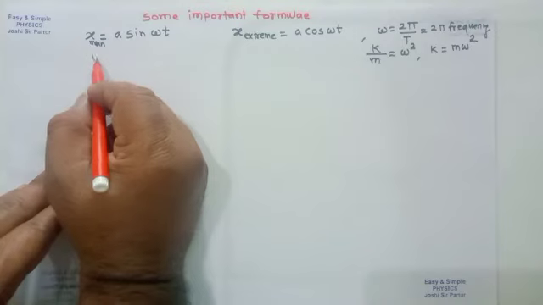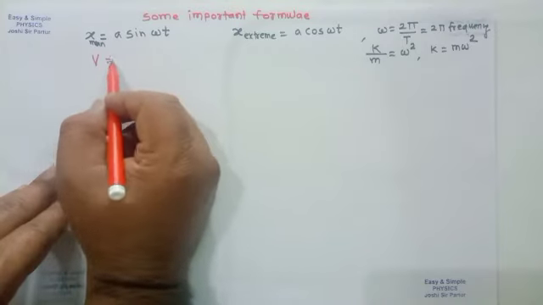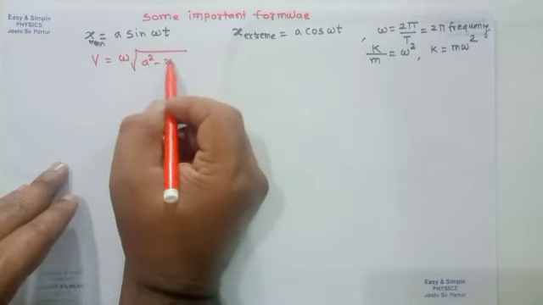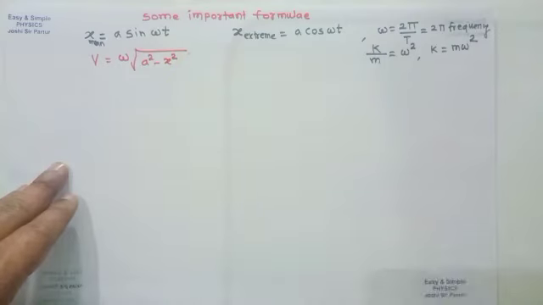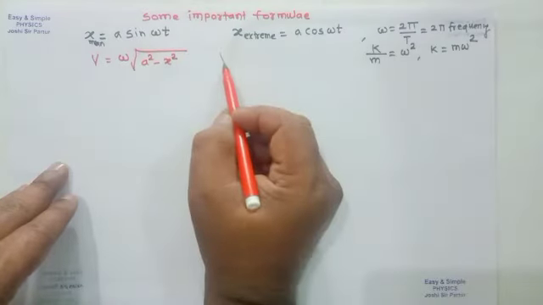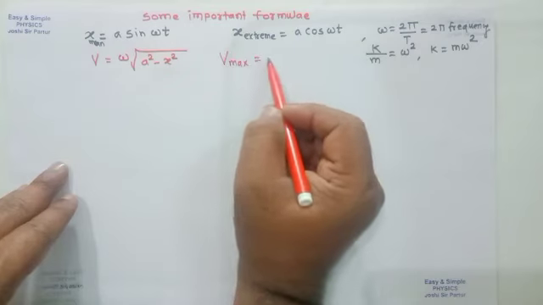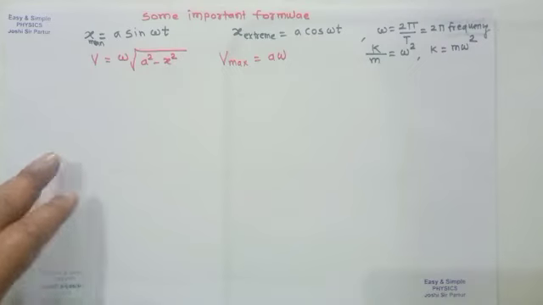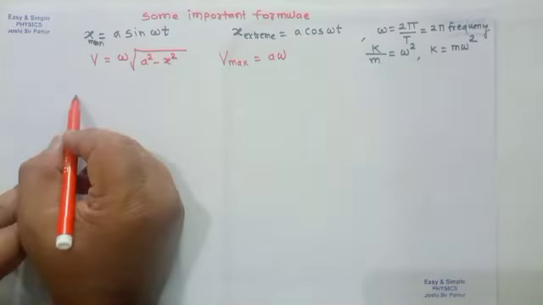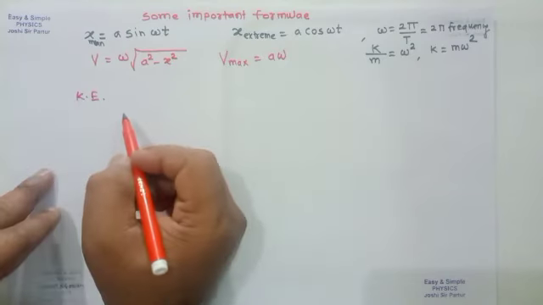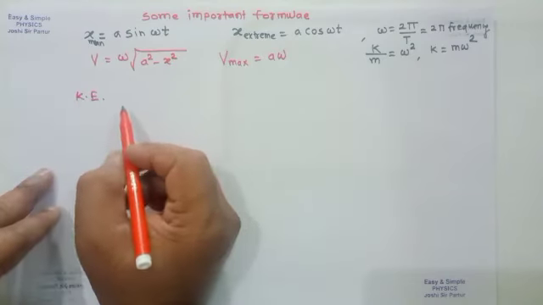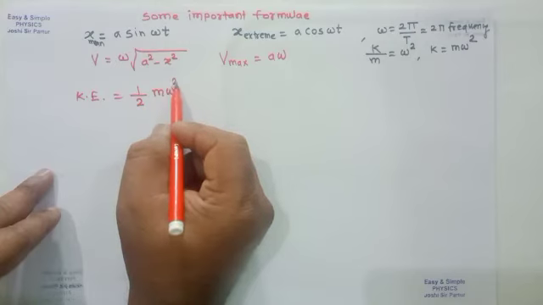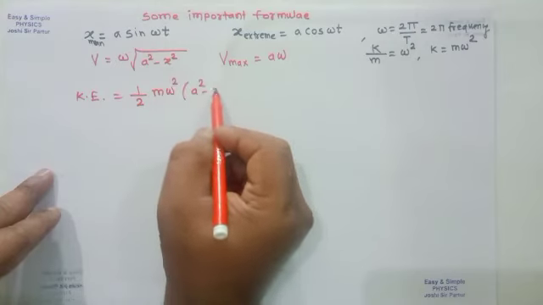So velocity will be omega into square root of amplitude square minus displacement from mean position square, whereas maximum velocity will be a omega. Another formula: kinetic energy of a particle performing linear simple harmonic motion will be half m omega square in bracket a square minus x square,